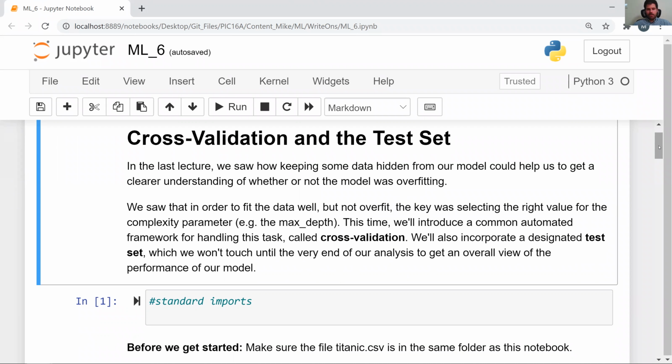So we need to find the Goldilocks zone. We need to find the happy middle. And in this video, we're going to learn about a very powerful tool for finding this. The name of this tool is cross-validation. We're going to get to that in a little bit, but first let's do some of our standard importing